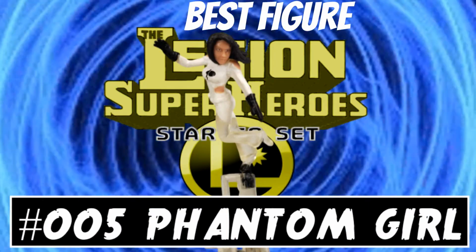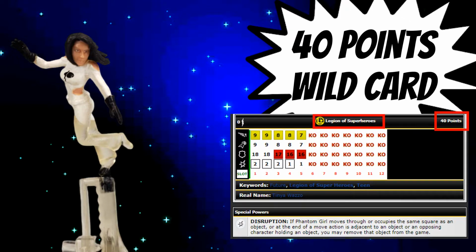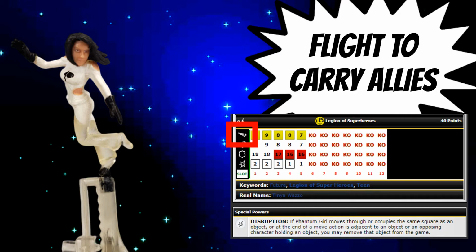At 40 points, she sports the Legion of Superheroes team ability, so she can team up with characters that have the Batman enemy team ability to bring her low attack values up, or she can share her starting 18 defense with Justice Society teammates. Her flight allows her to carry more dangerous allies with her for protection, and what puts